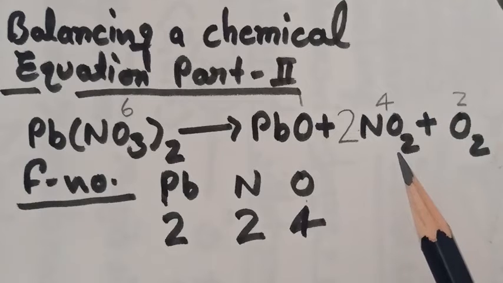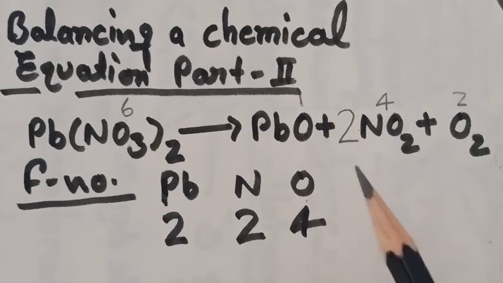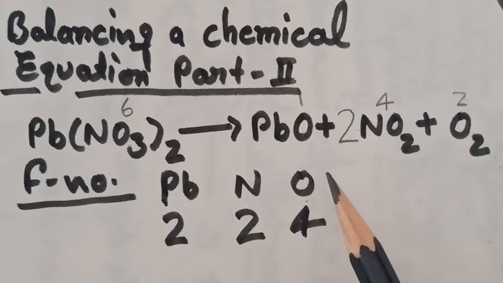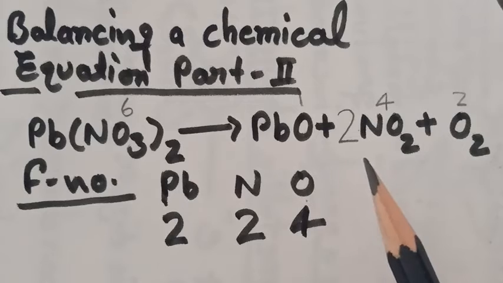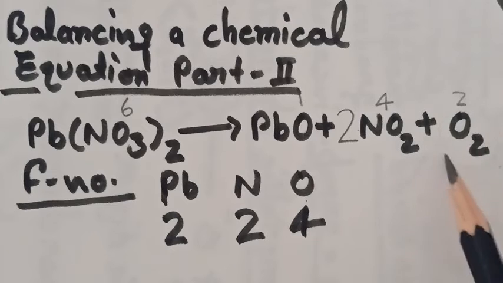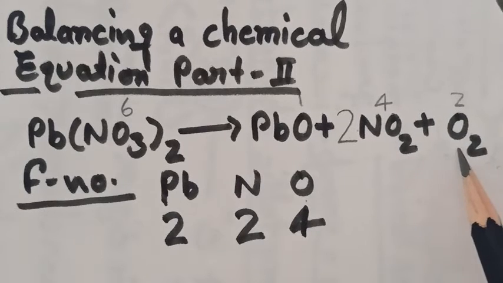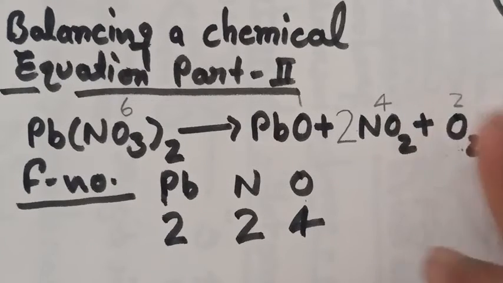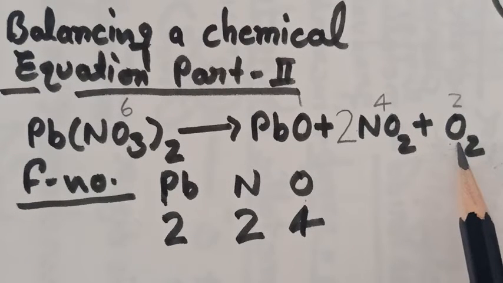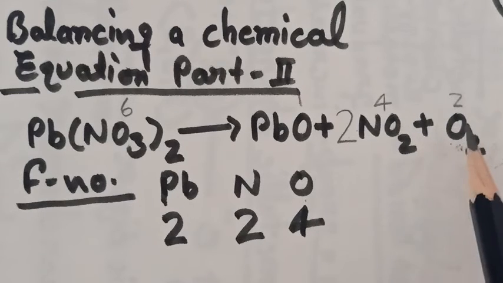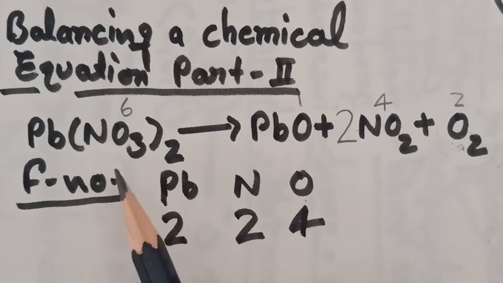Here I am going to explain one more rule. According to this rule, if there is a difference of 1 atom in reactants and product, or the number of atoms in reactants and product are even and odd numbers, and that particular element exists in its pure elementary state in the equation, like here oxygen is present in elementary form, meaning without any other element, then without disturbing the element which is present in elementary form, we have to multiply the whole reaction by 2.